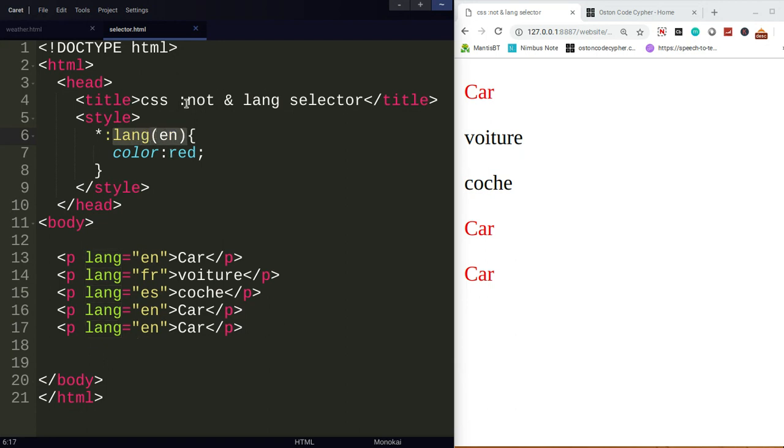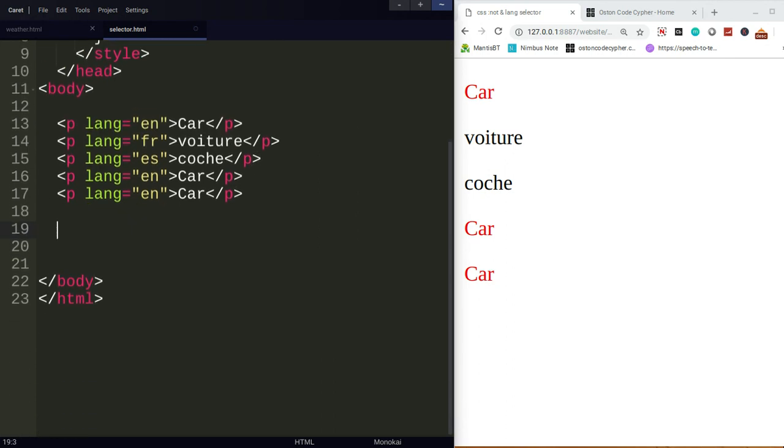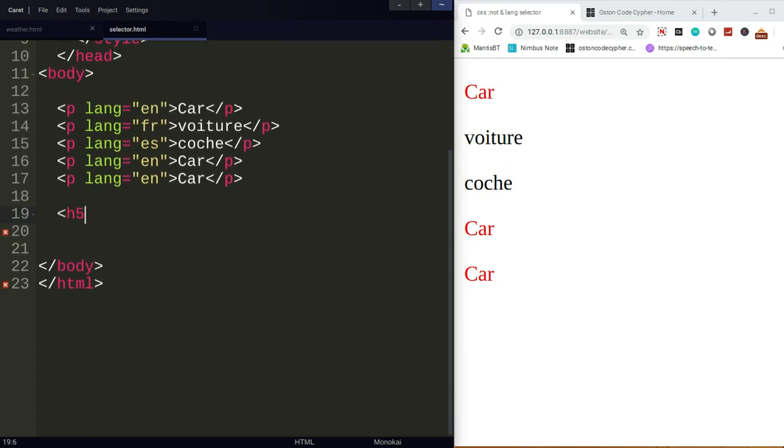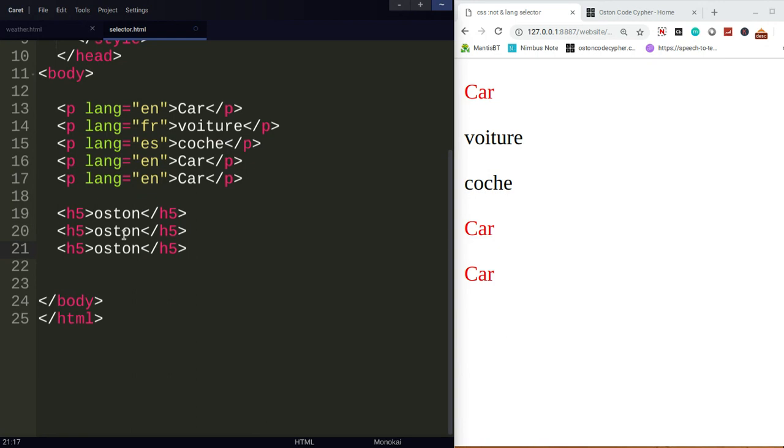Let's look at the not selector. It's also very simple. Let's say we have our h5s, let's increase, and let's say I'm going to call this one Oston. I'm just going to copy it again like two times. Oston, code, Cypher,